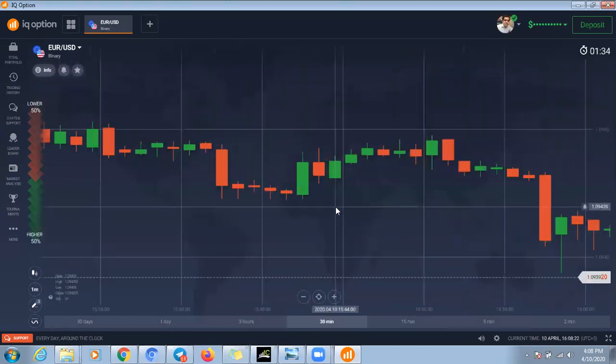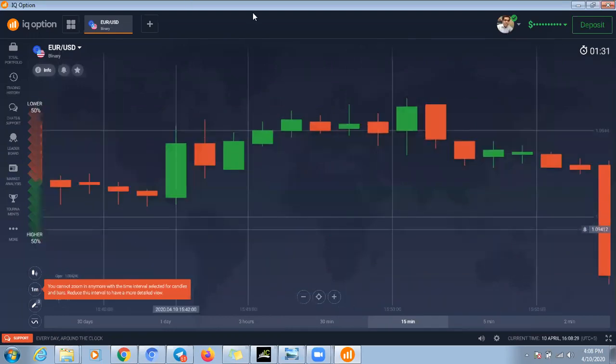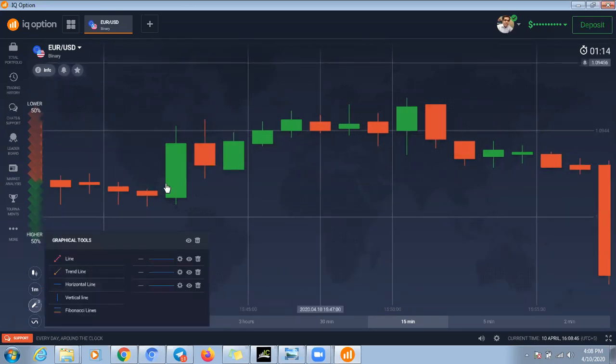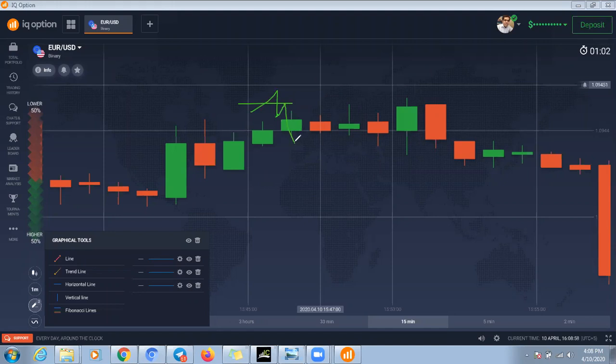Now we are finding the spinning top. We can say this is the spinning top, but it's not a perfect spinning top. This is the perfect spinning top. So when we are in the chart and find any pattern, before following the pattern we must care about the breakout. The breakout is a must. When the breakout comes, price comes to a key level and goes down. We always keep an eye on the breakout on every pattern and every candle.